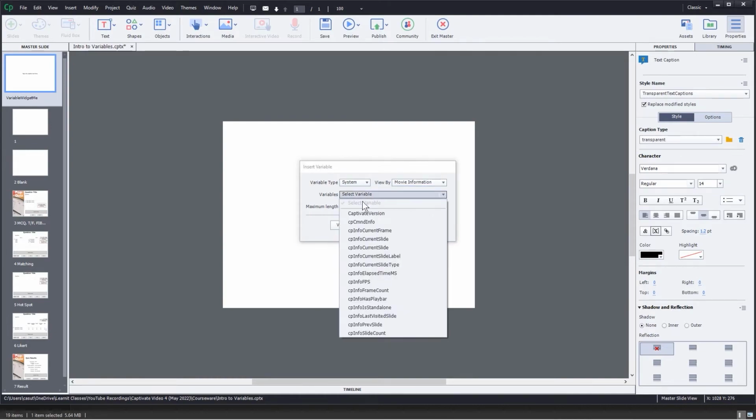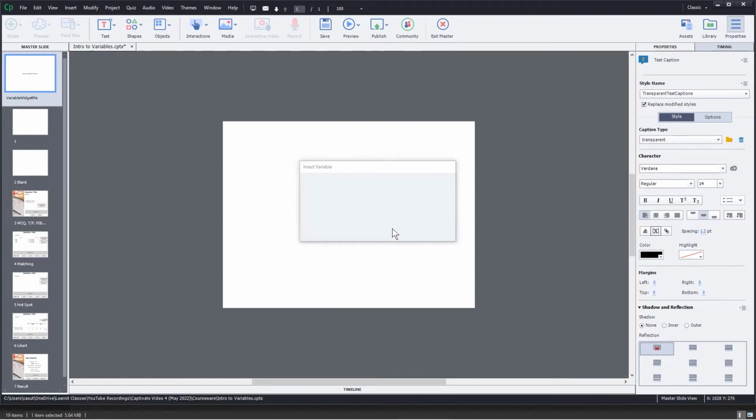What am I going to be doing? I want to say, okay, so current slide. Click OK. And make sure you got a good little space there. Get some space after the dollar signs. Okay, another space after of. And I'm going to bring in another variable. Go over here to system,